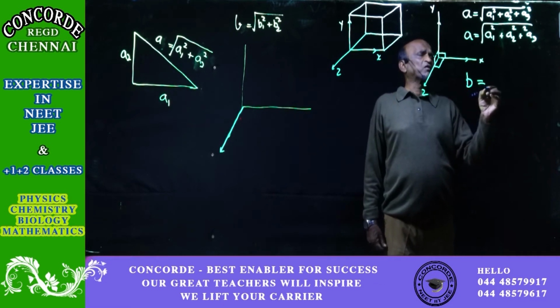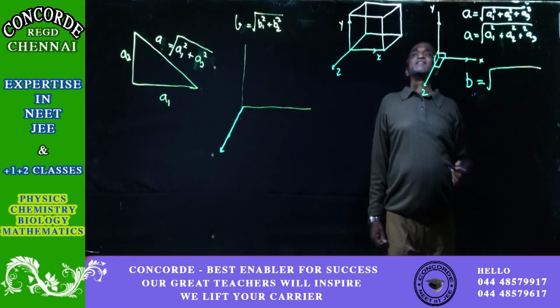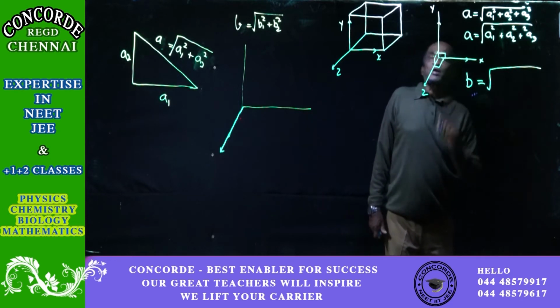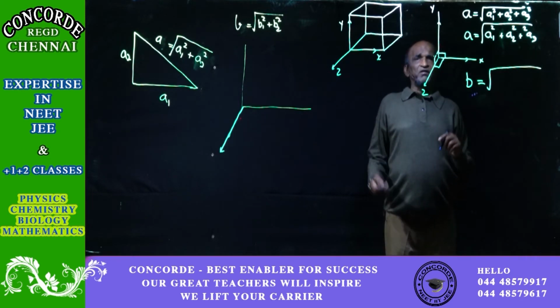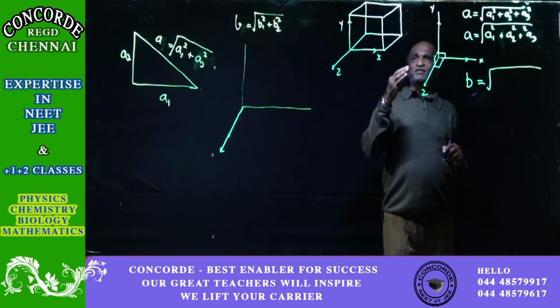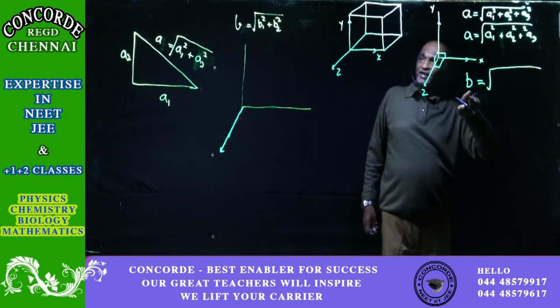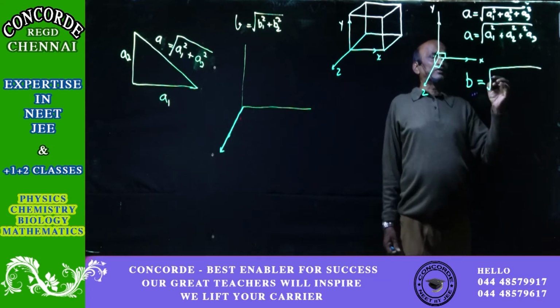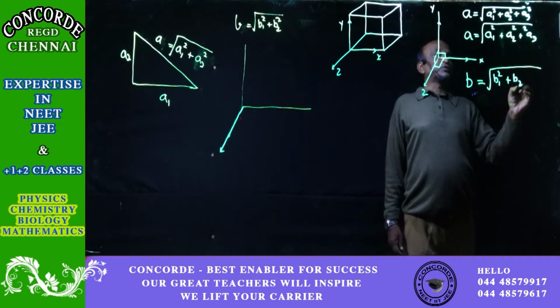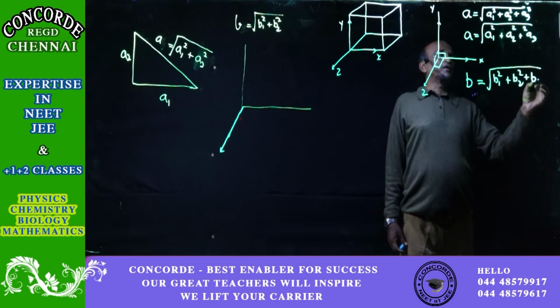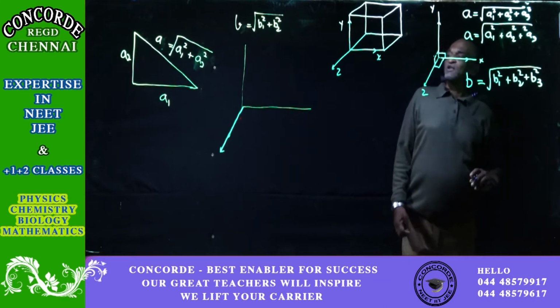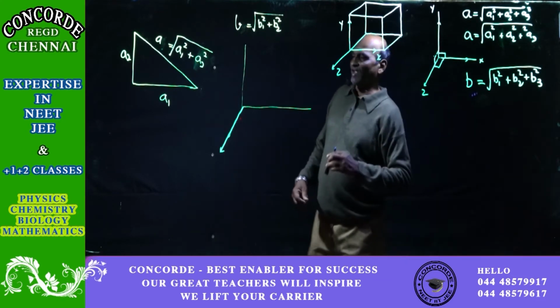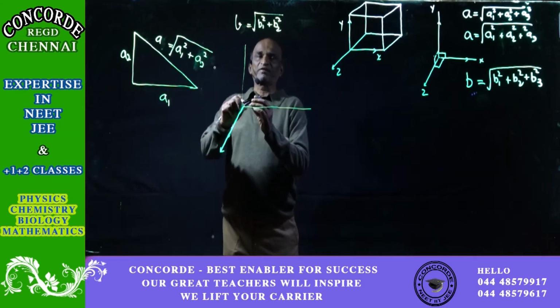Say another vector whose value is B will be equal to the resultant of the components of this B in the x, y, z directions. So, three components. For that, find the resultant. That will be equal to the magnitude of the final vector. So, this will be equal to B1 square plus B2 square plus B3 square. How are you going to take it? This is the vector B bar, and this is equal